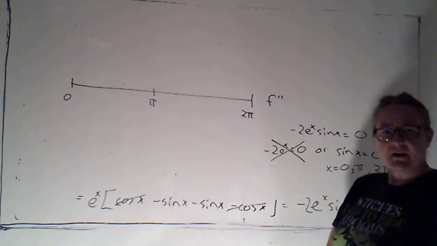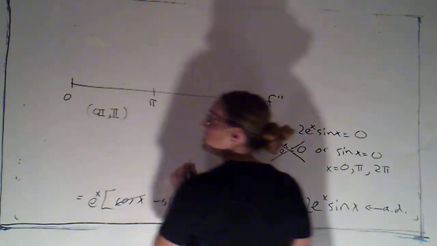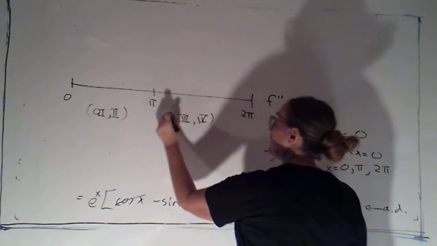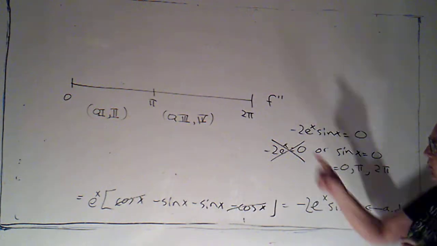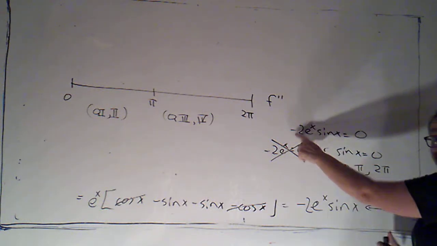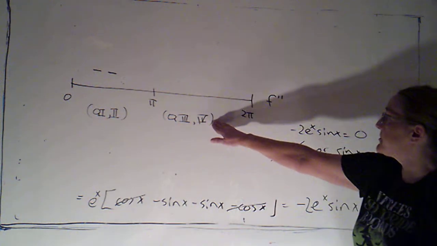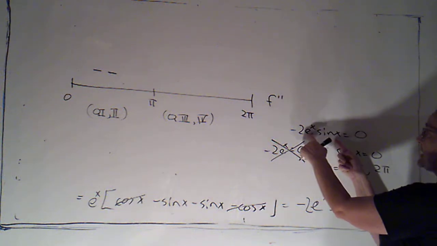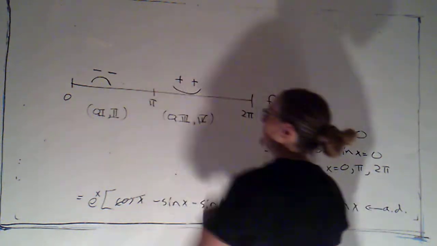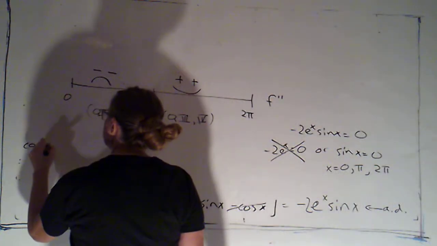Noticing that all the numbers I have here are quadrantal, rather than picking specific test numbers, I'm just going to notice that this is quadrants 1 and 2, and from pi to 2 pi would correspond to quadrants 3 and 4. So let's see. In quadrants 1 and 2, sine is positive. e to the x is positive, but I'm multiplying by a negative 2. So my second derivative will be negative. In quadrants 3 and 4, sine is negative, so that's a negative times a positive times a negative. That's going to give me something positive. So we're concave down and then concave up. So we will be concave down